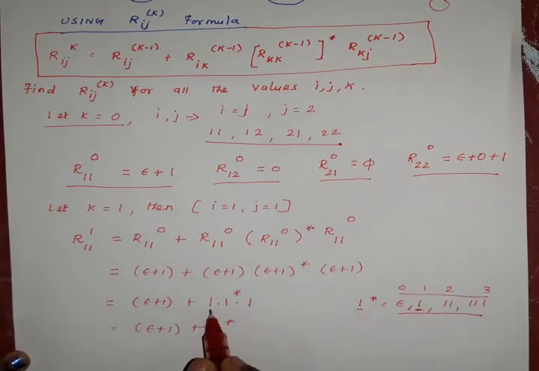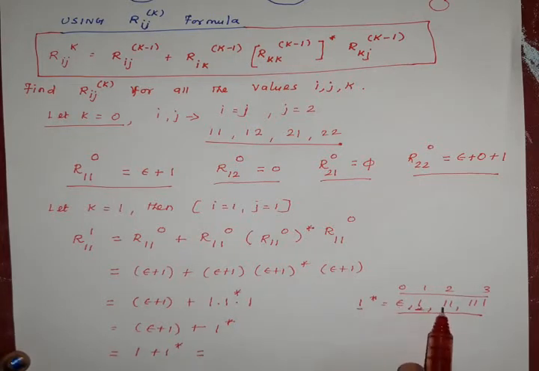So we simply write it as 1 star for both terms, right? And finally we include epsilon plus 1, which is 1 plus 1 star. Again the same concept: here 1 star includes epsilon, 1, 11, 111. Here another one is the output, 1 star having the same output 1. So the result is 1 star. So this is the result of R111. The regular expression value of R111 is 1 star.